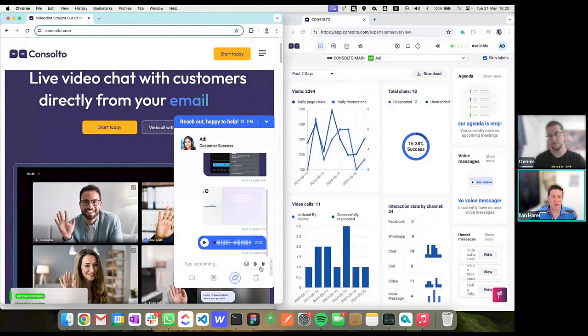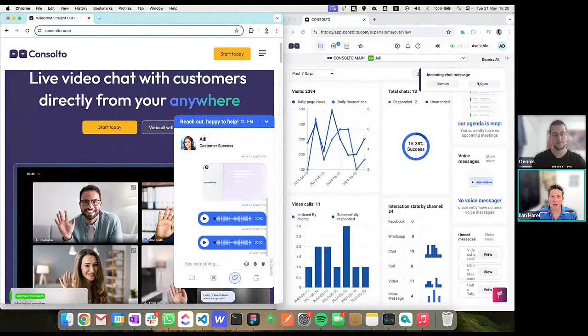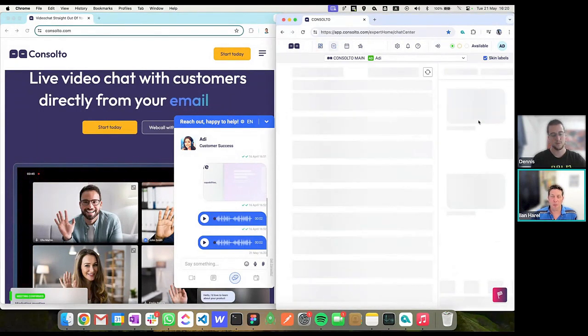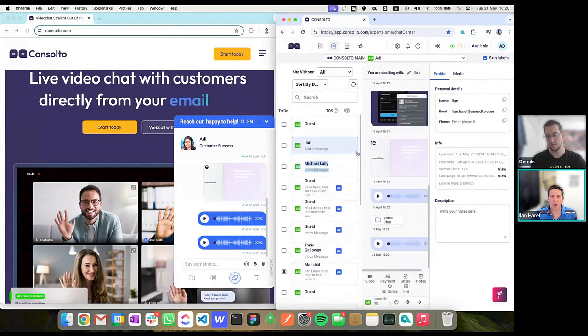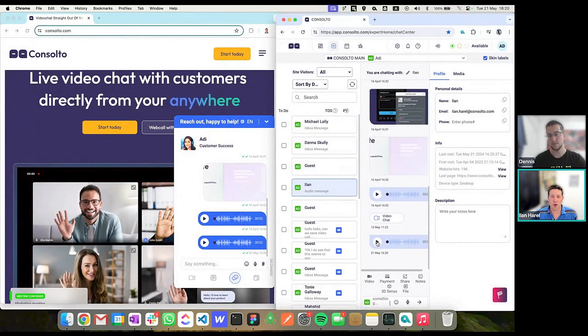In the chat, you just record hello, and I'm recording a voice message. And on the other side, the agent receives a notification, and we'll see the voice message over here, and it's recorded. Okay. You can play it from the back office.